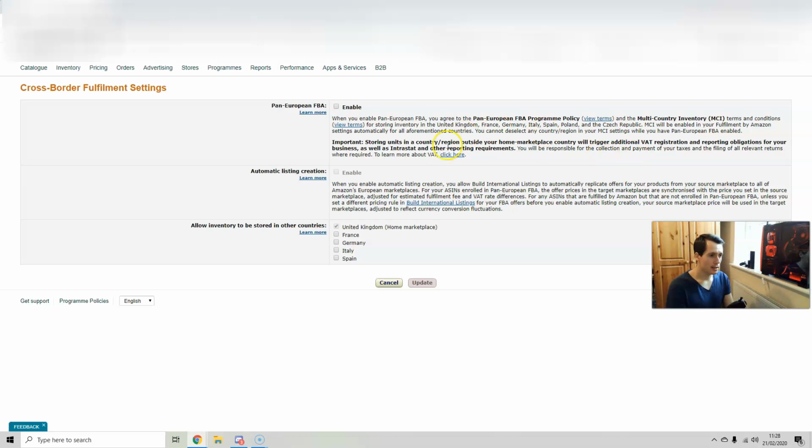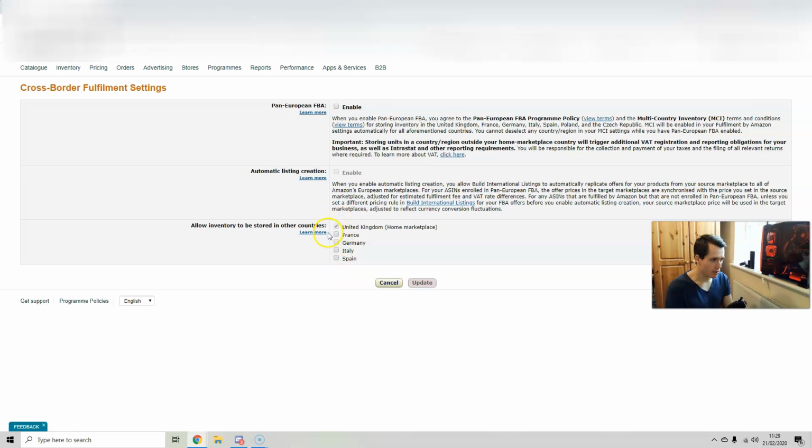And if you do, as you can see here, it triggers additional VAT registration. So you've got to go and register in every single country, and you don't necessarily decide where these go. Amazon will, if you just click that, and oh, maybe you can actually. Interesting, actually. I've never done it before, so I don't know. But clearly from here you can see, if you enable that and then say which countries are okay to be stored in, you would have to register for VAT and pay VAT on every sale in those countries, even if you're below threshold, which is something that